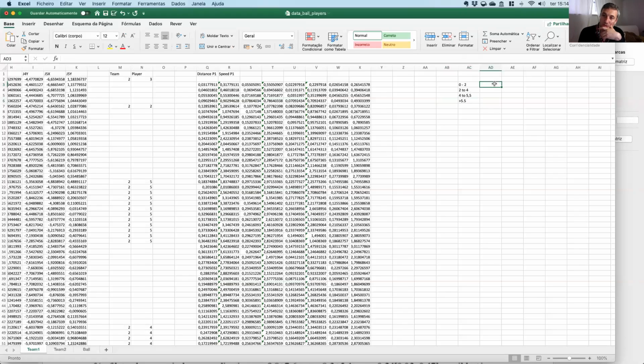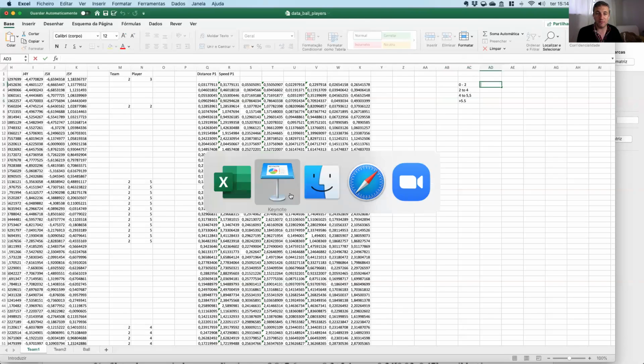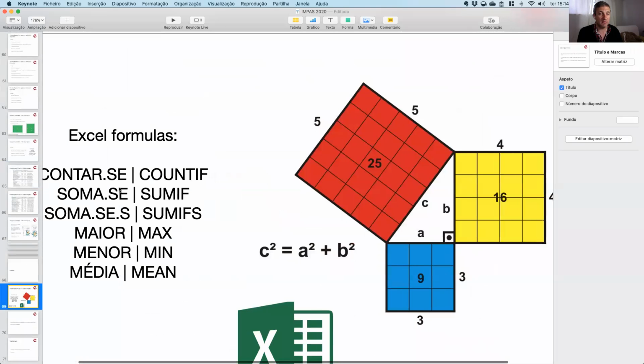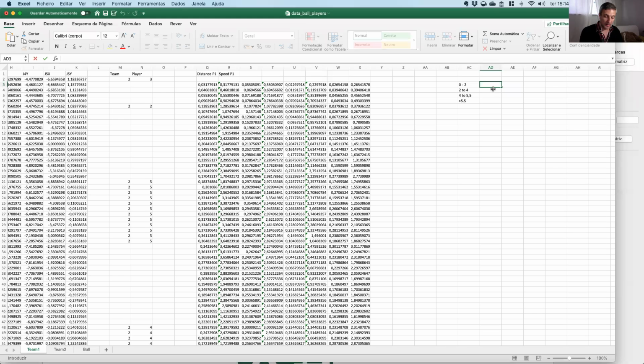Okay, so the formula that we are going to use will be SUMIF or SUMIFS. For the first, we can use the SUMIF, but on the second we are going to use the SUMIFS. So we are going to use SUMIFS for every one of them. Okay, so we are going to write this formula,